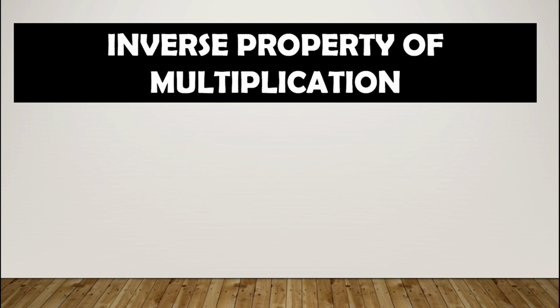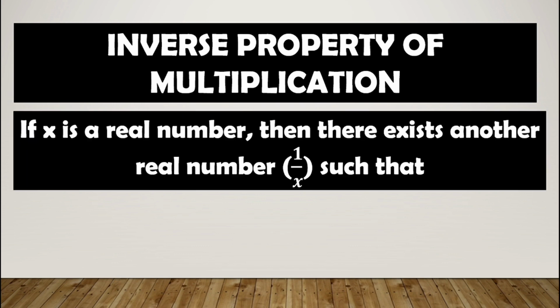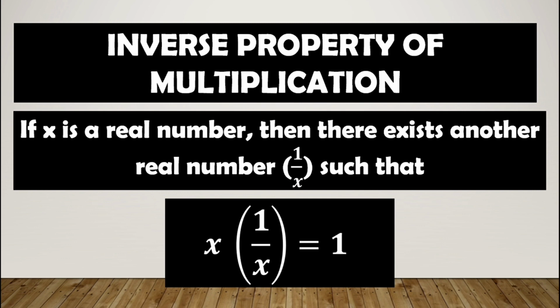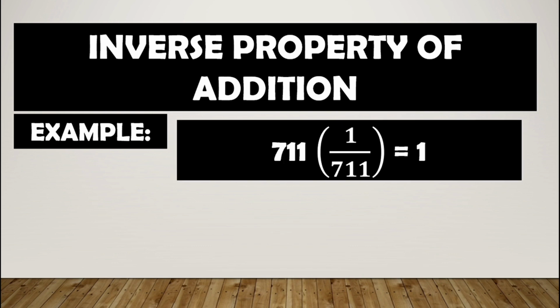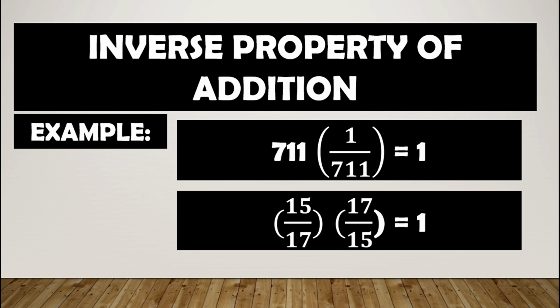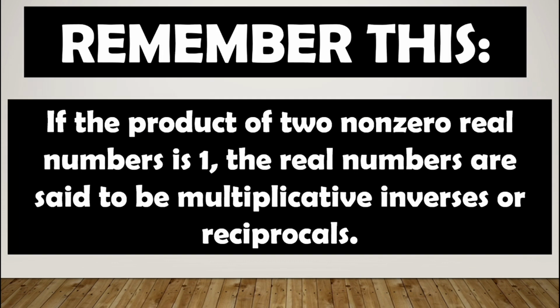Inverse property of multiplication. If x is a real number, then there exists another real number, 1 over x, such that x times 1 over x is equal to 1. Example, 711 times 1 over 711 is equal to 1. 15 over 17 times the reciprocal, 17 over 15, is equal to 1. Remember this. If the product of two non-zero real numbers is 1, the real numbers are said to be multiplicative